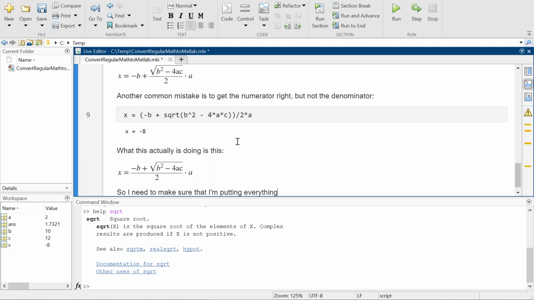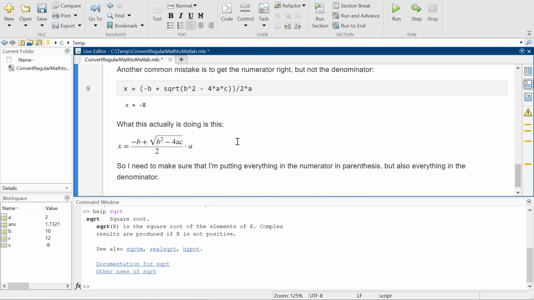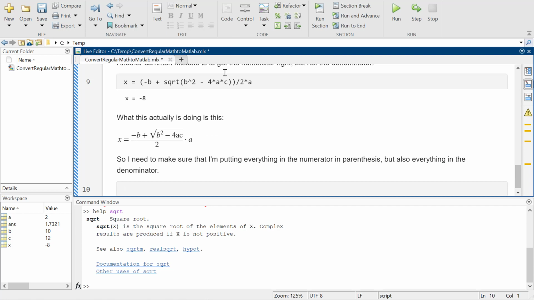Okay, so what I really need to do is make sure that I'm putting everything in the numerator in parentheses, but also everything in the denominator. So we're going to do this one more time. X equals negative b plus the square root of b squared minus 4ac